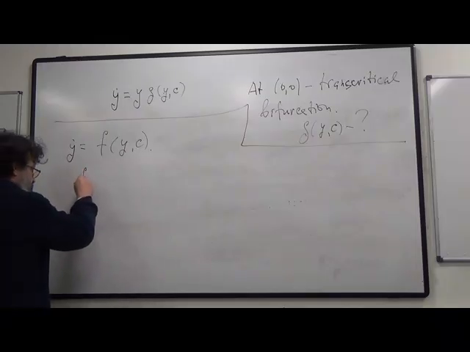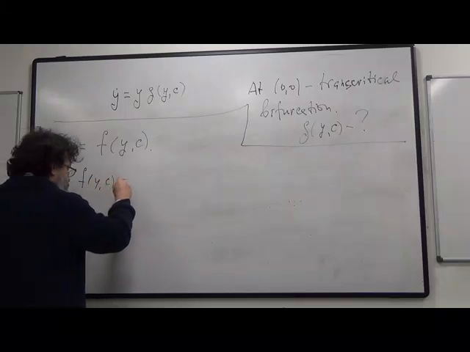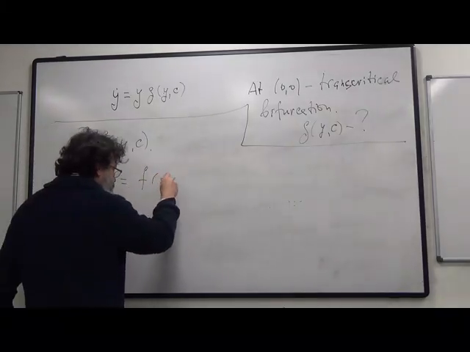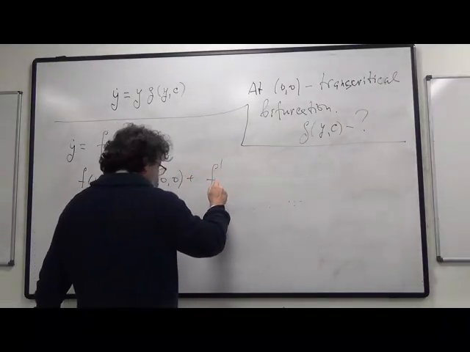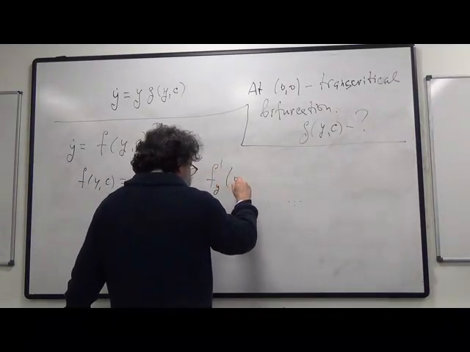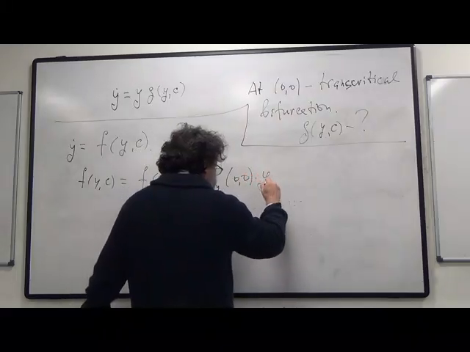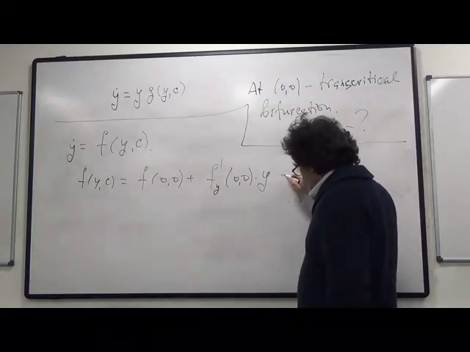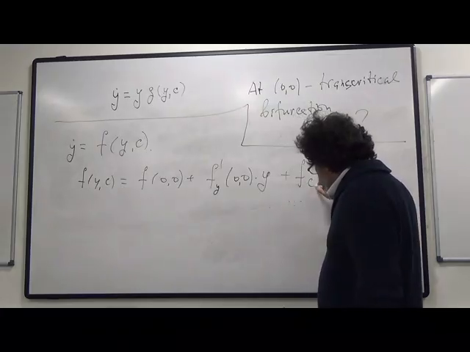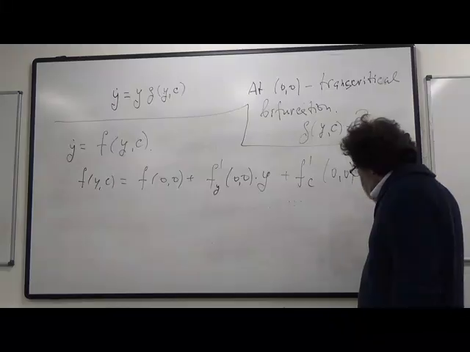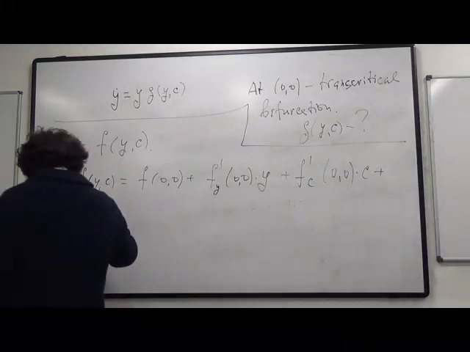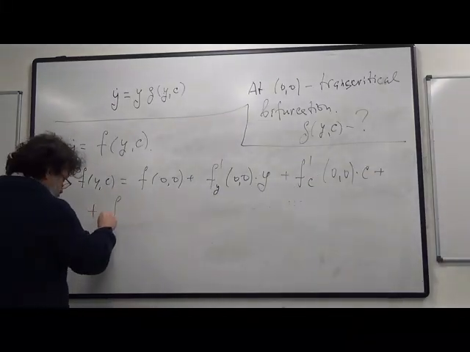Then f of y, c will be equal to f at 0, 0 plus the derivative of f over y at 0, 0 times y plus the derivative of f with respect to c at 0, 0 times c